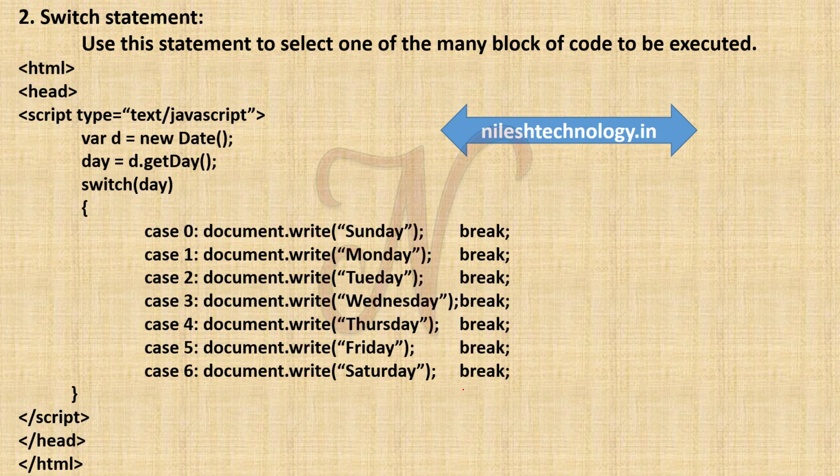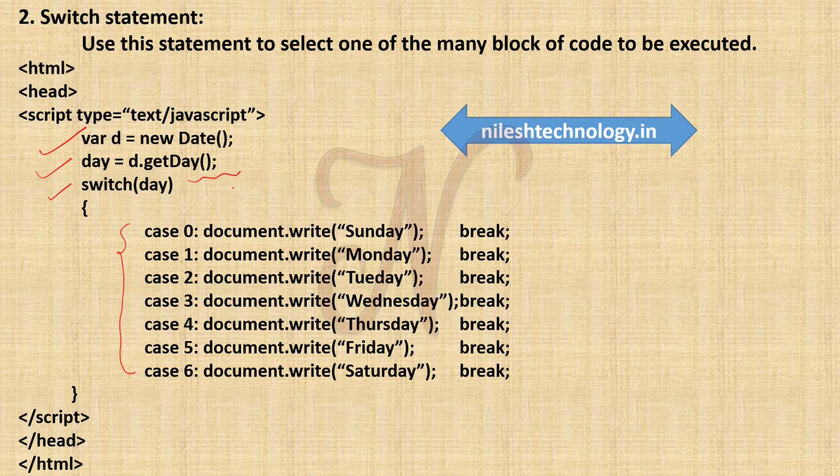Okay, so here is one example. We create the object of a date, so d equal to new Date, and d.getDay. By using the getDay function we get the current day number, that is Sunday, Monday, Tuesday, Wednesday, Thursday, Friday, Saturday. If it is Sunday it returns 0, Monday returns 1, and this way on. This number is passed in a switch case, and here we write all the cases 0 to 6.